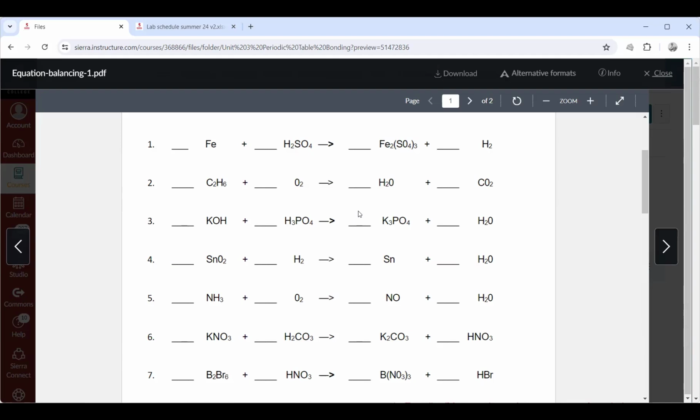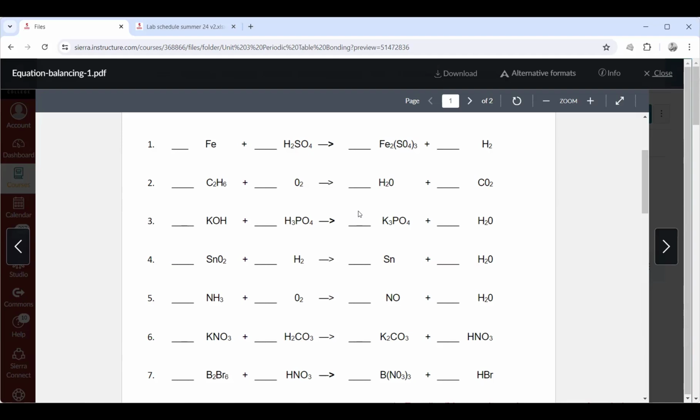And how many oxygens? Right. Okay. This sulfur is 1. That's 3. So if you put a 3 out front of this,